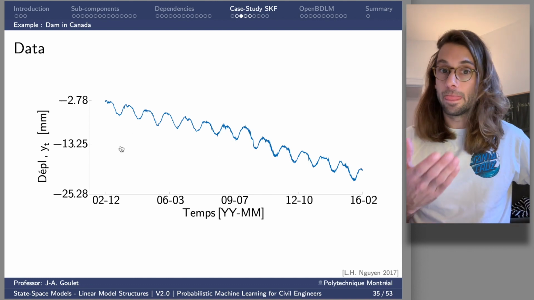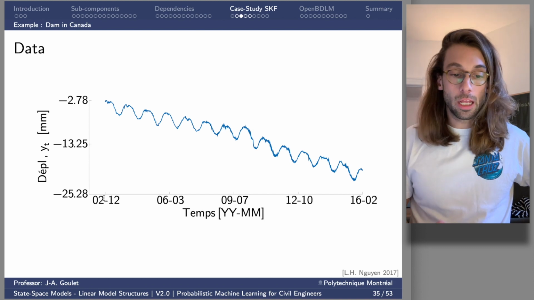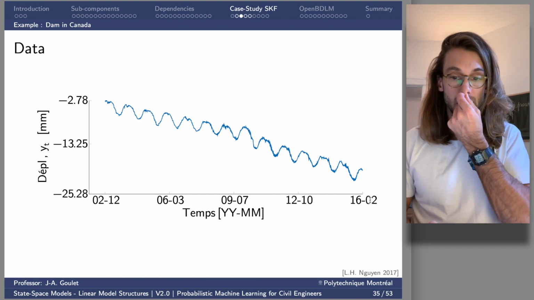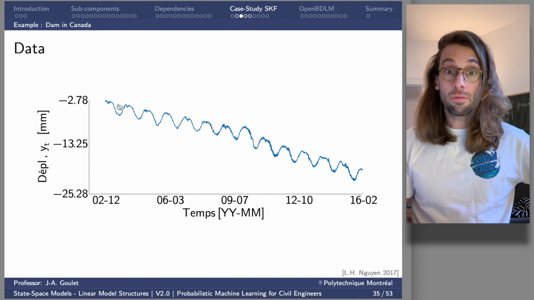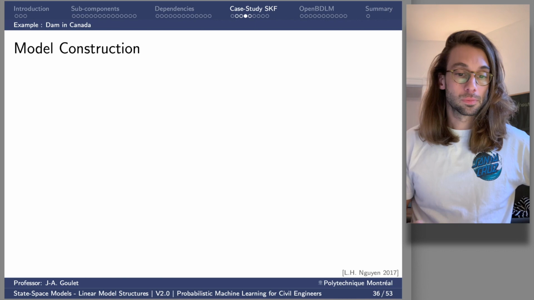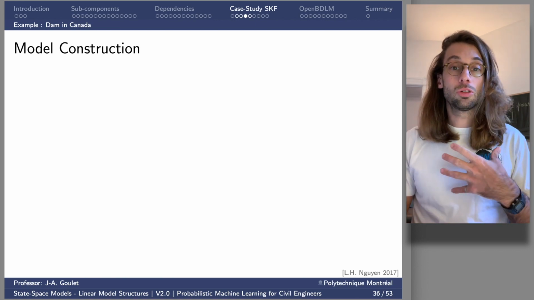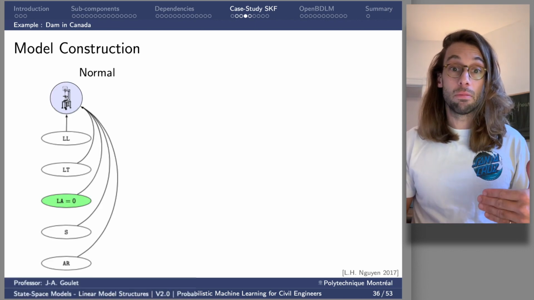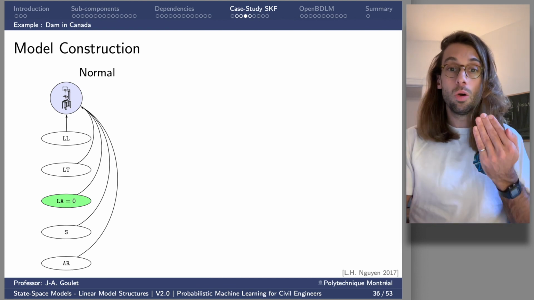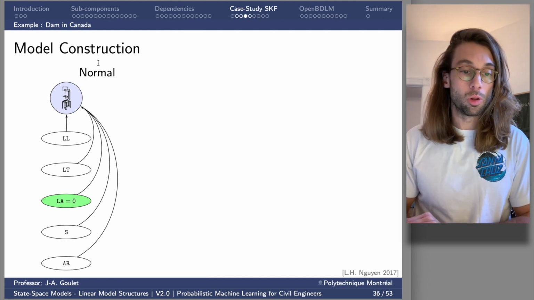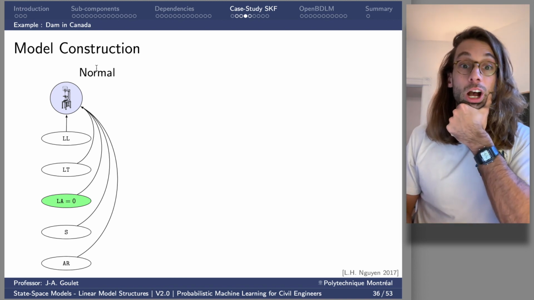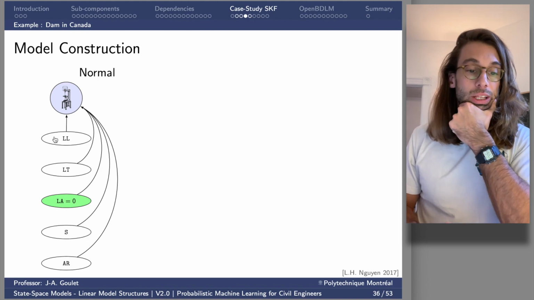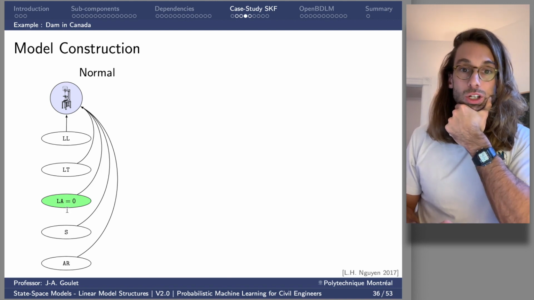Okay, this is data recorded on that structure that ranged from 2002 till 2016. So you can clearly see we have a periodic pattern and we have a downward trend. Okay, so in that case, what we want is to try to detect anomalies in real time on that time series. So we're going to build two model structures. The first one is for the normal behavior, which is going to be a constant speed model. So in that case, we're going to have a local acceleration component,